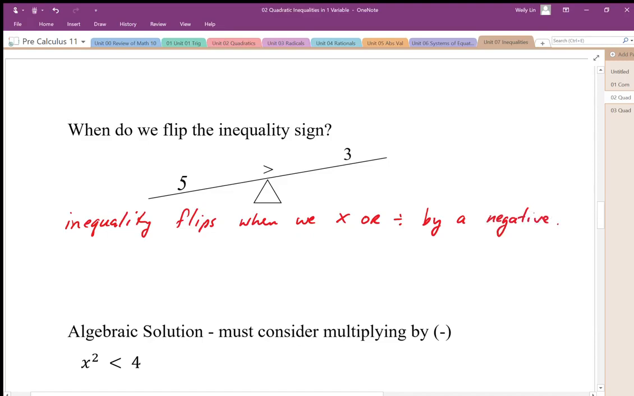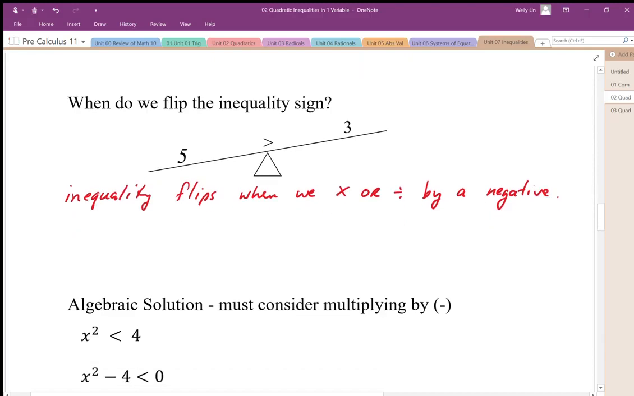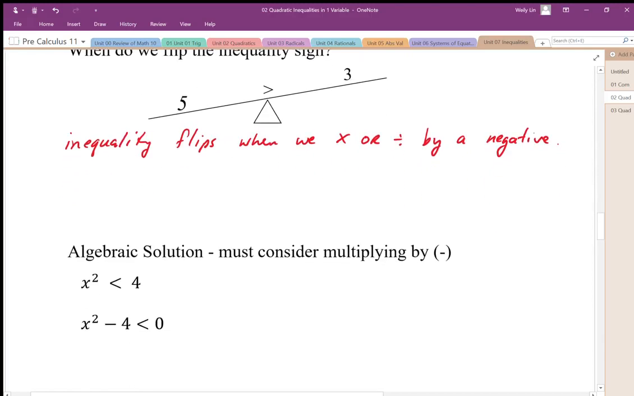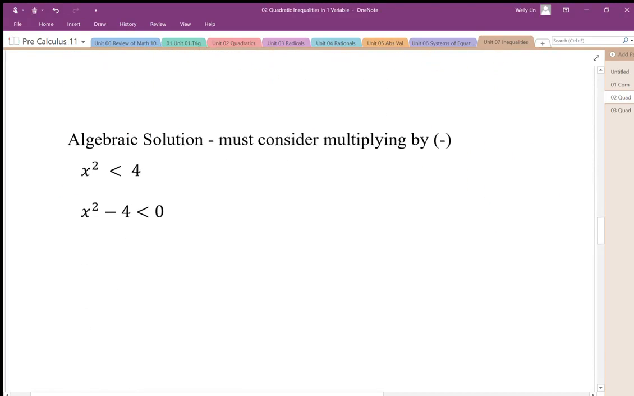Okay, so what is the algebraic solution then going to look like when I solve this? Okay, so we have